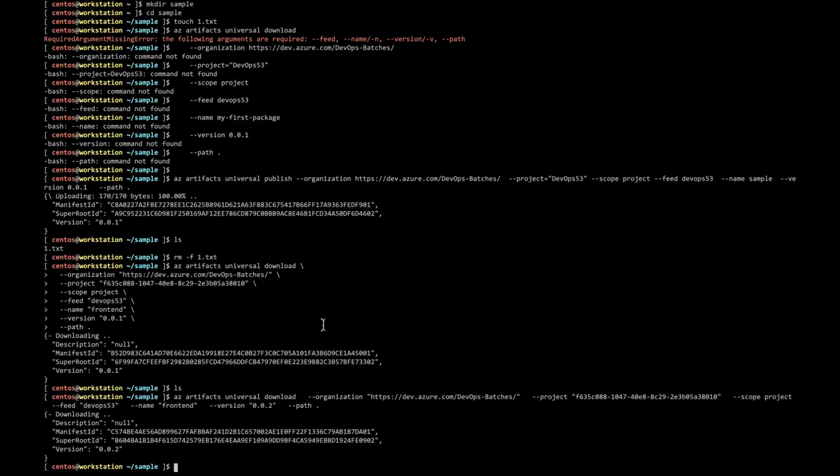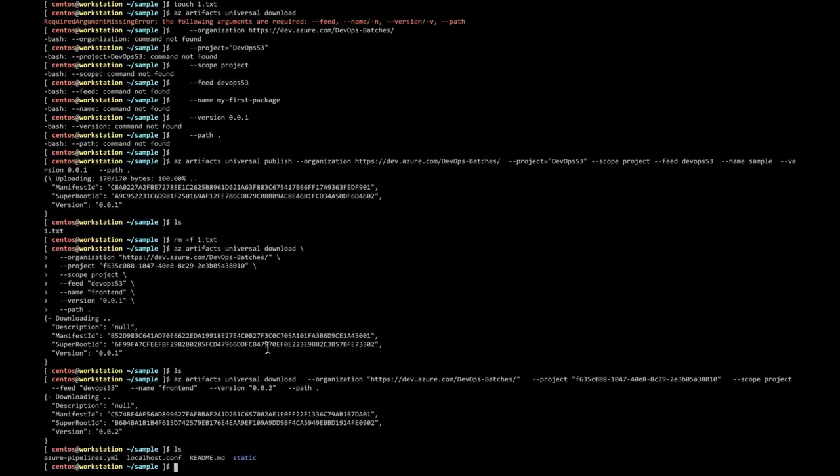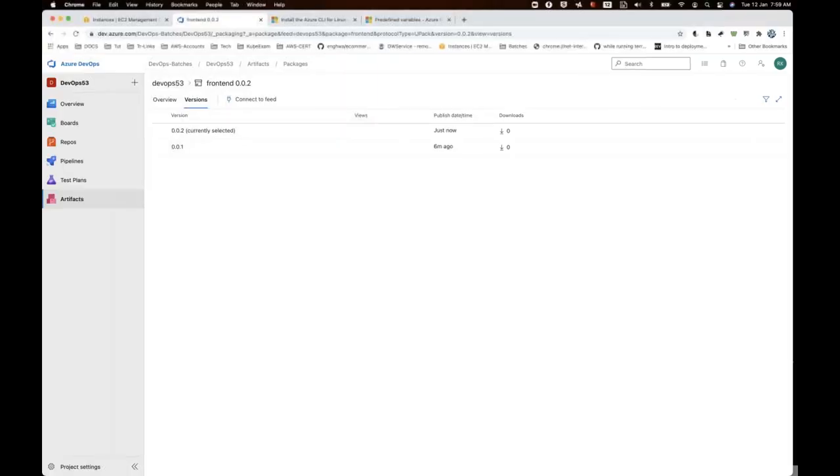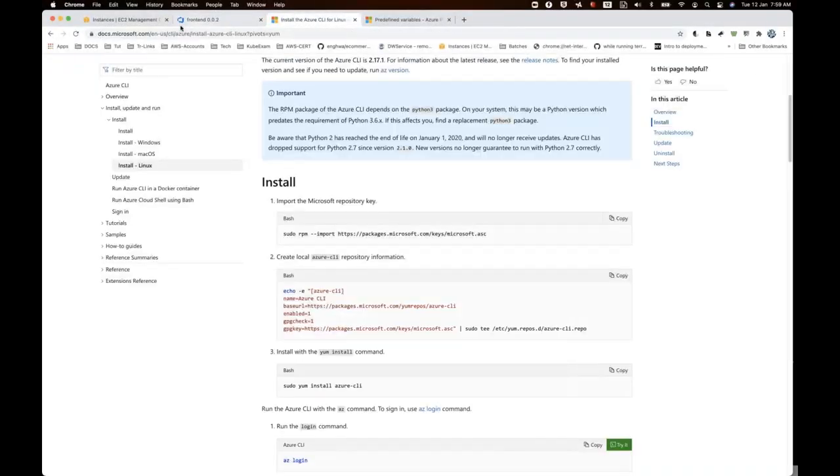Okay, so you download the second version and you can see this. This has those particular files. In this one, we don't require this file and you don't require this file. So you want to control that? Yes, you can control that also. So how do I control it? I'm just going to go and say that, here,